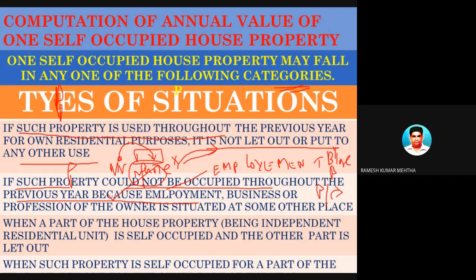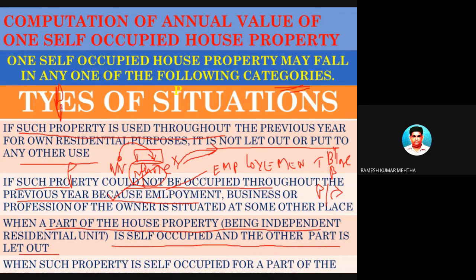There is no income from the house property, and the house property has not been occupied by the owner. Neither has it been let out to a third party on rental purpose. So this is circumstance number two. Circumstance number three: when a part of the house property, being independent, is self-occupied and the other part is let